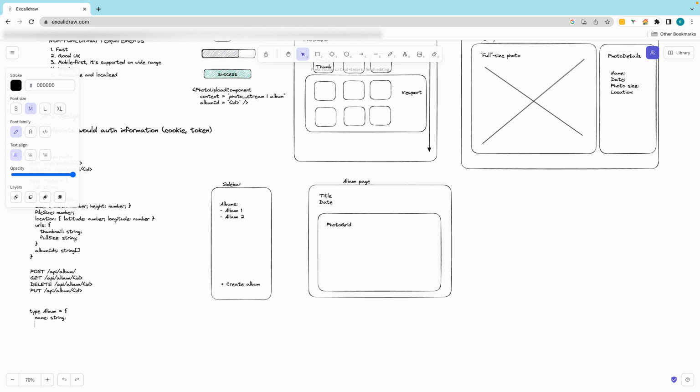What we need is a title photo ID. This will be the ID of the photo that we will display on the album, so it's kind of a nice preview of the album. So this will reference an individual photo, and then obviously we will have